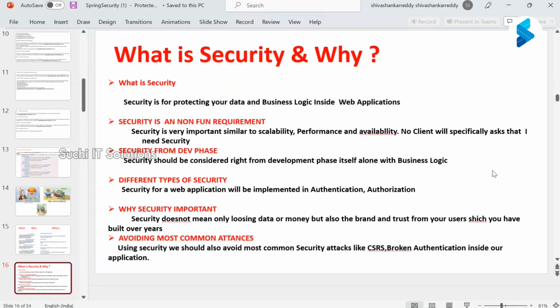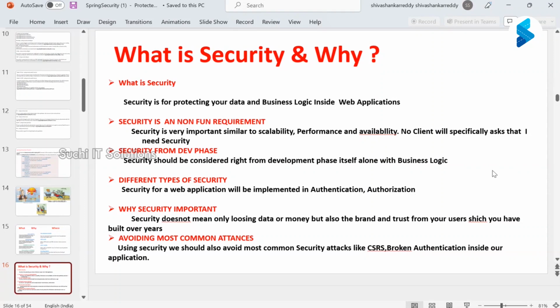As a student, only the student can see the student information. A specific employee can see the specific employee information, but you cannot access other information. For that reason, we have to provide security.